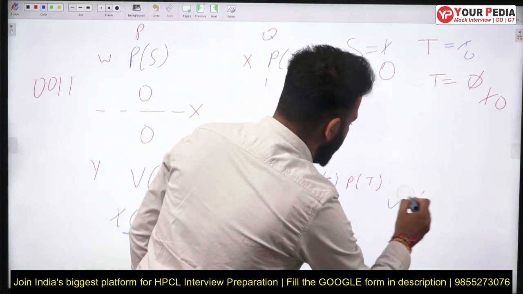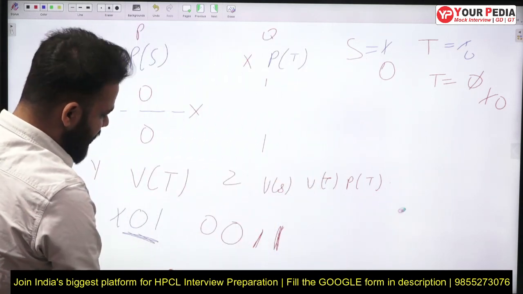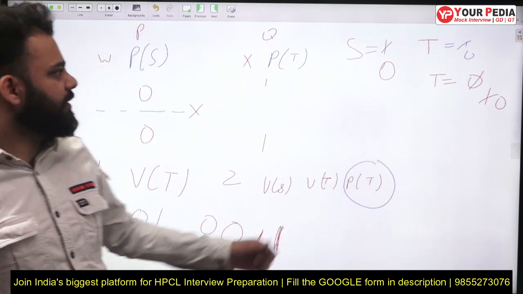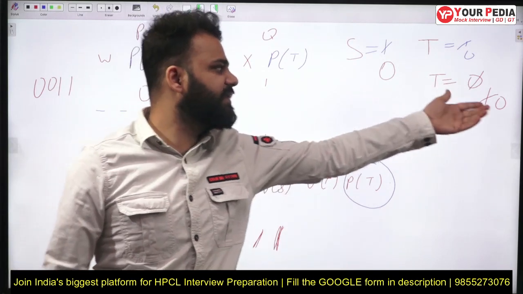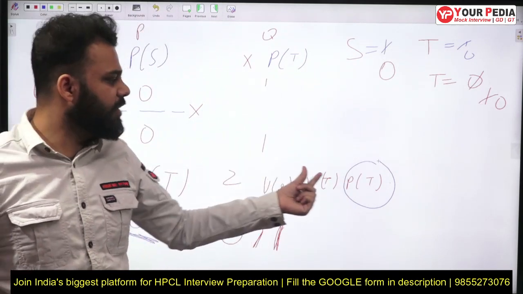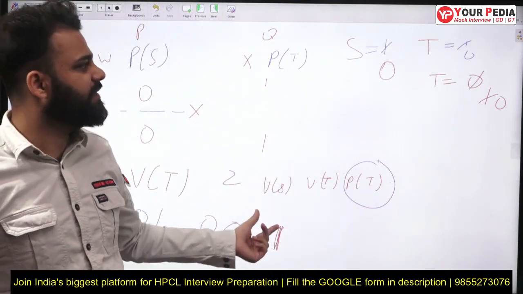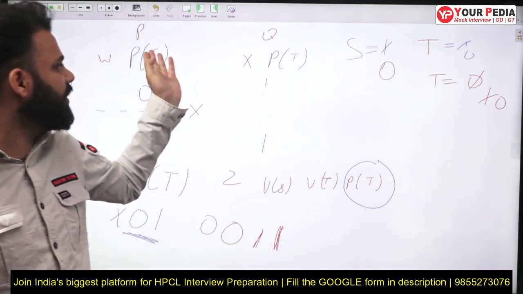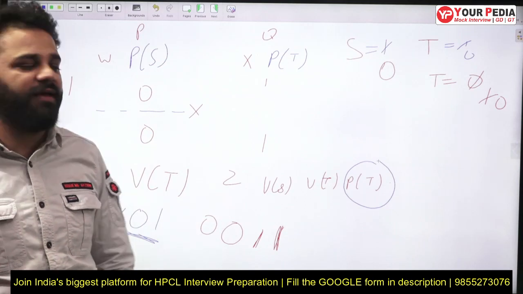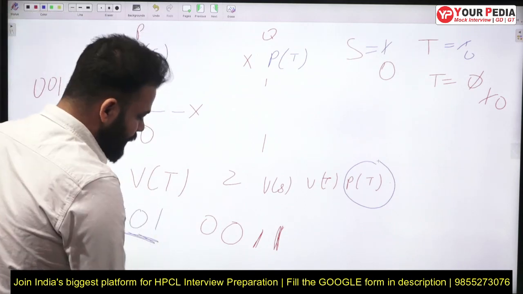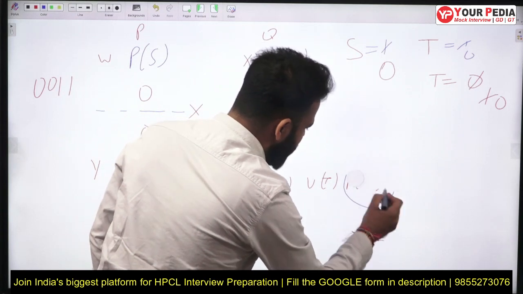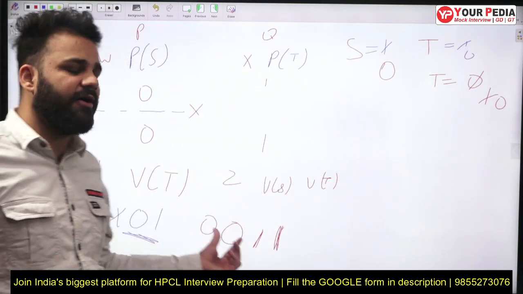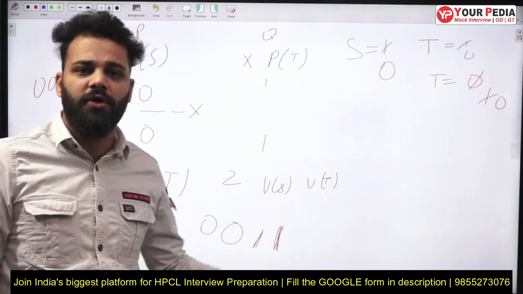Let's try P of T. Now when you put P of T here, S is still 0, and T is still 0, made by this P. Now when you put P of T here, again Q will be suspended and S will remain suspended because S is 0, and if you put a down operation on S, it will again be suspended. So this will also fail, and still the output will remain as 0 0 1 1.